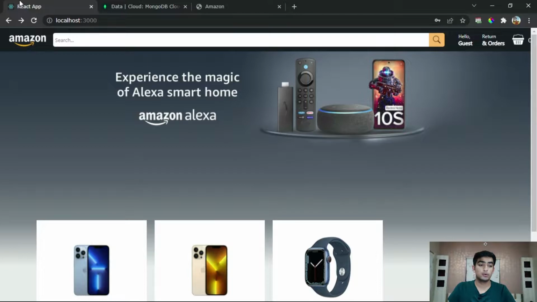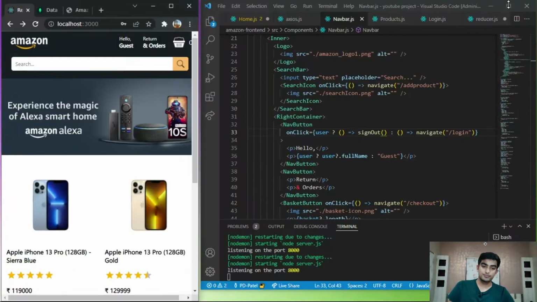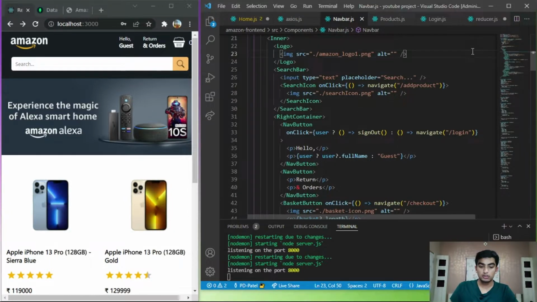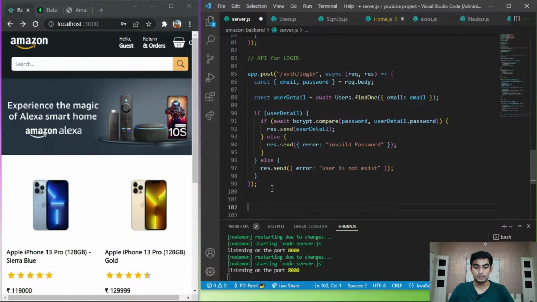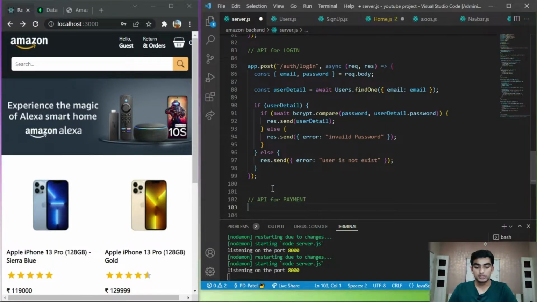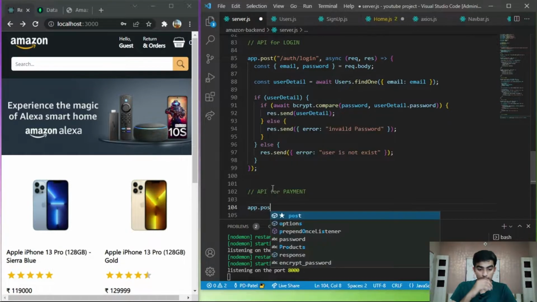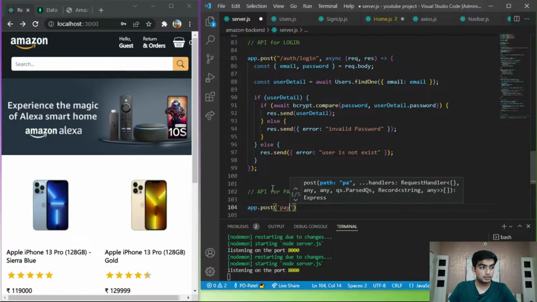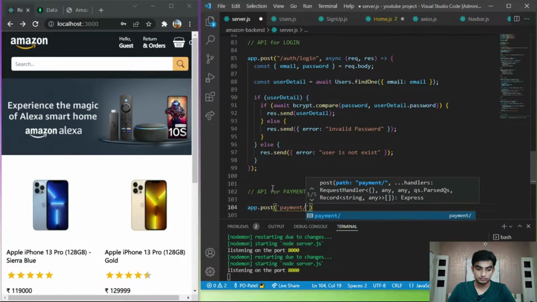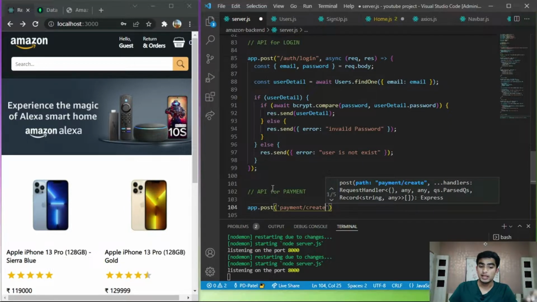So we have to first of all go to the server.js, and here we have to create another API for payments. Okay, so here just app.post, and then here we are going to use /payment/create. So here we have to create the payment, and by creating the payment we get the client secret